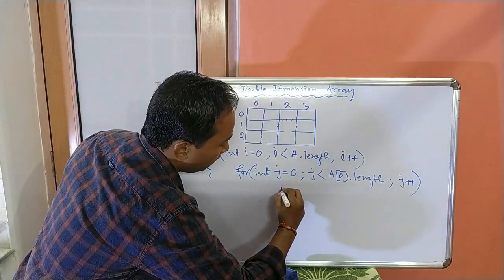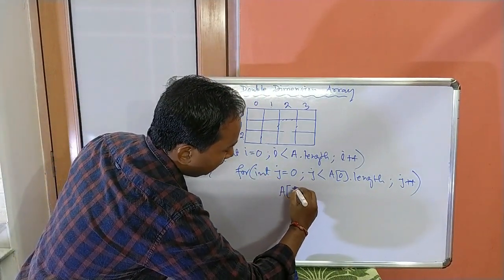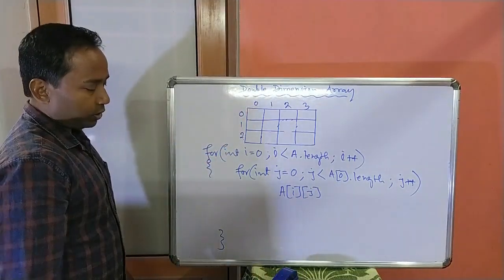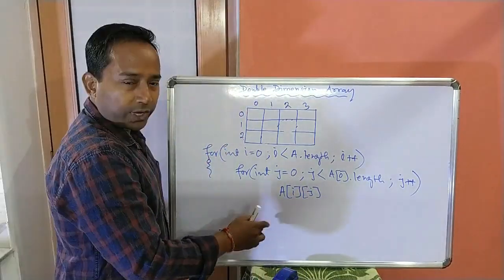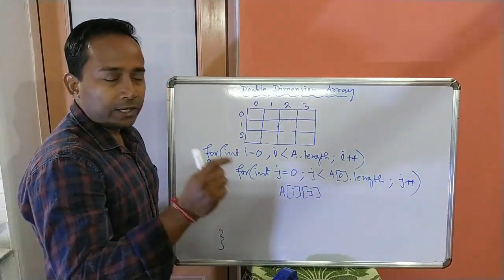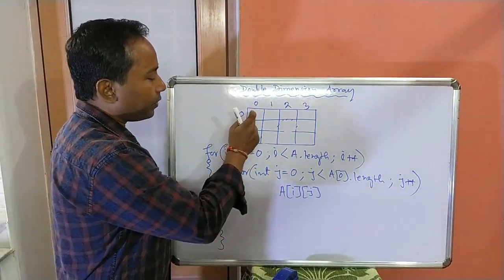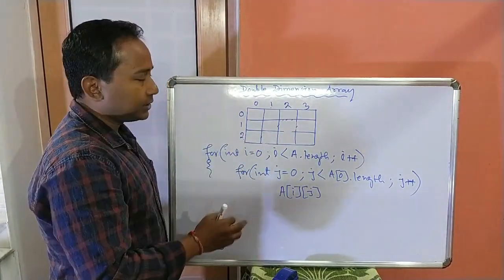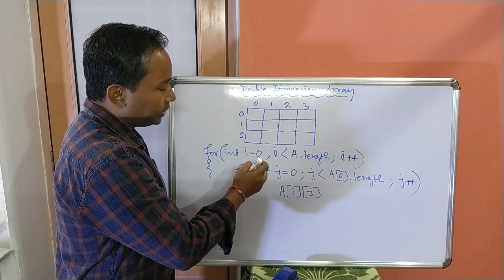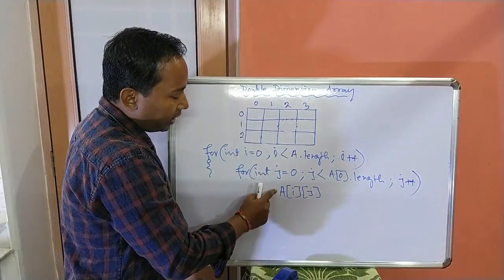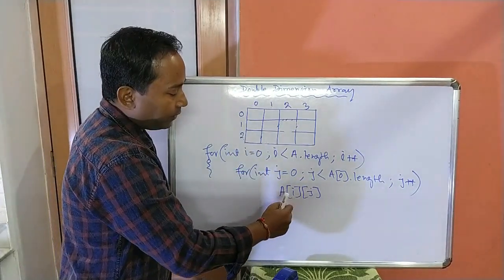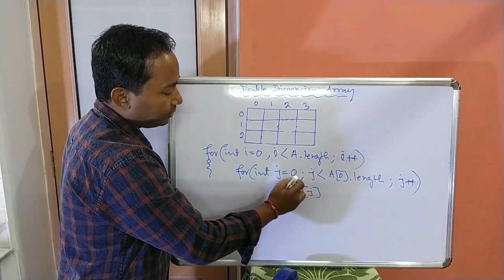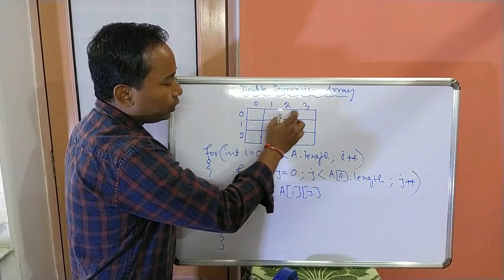Now here we will write what? Array i j. Close this outer for loop. So this is a single line inside this loop. Now here A i j will give each and every element starting from the first element till the last element, row wise. Because the outer loop i is giving the row index. So first time i is 0, for the first row, and in the inner loop we are not changing the value of i anywhere, only we are changing the value of j starting from 0. So j first time 0, then 1, then 2, then 3.